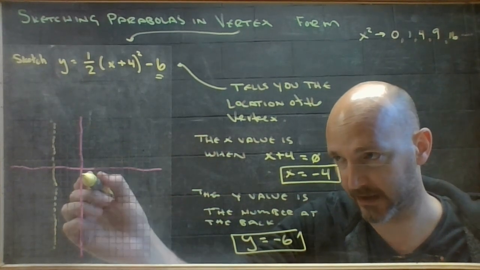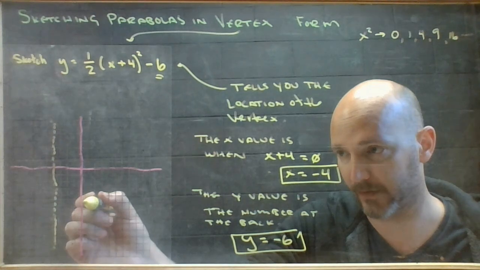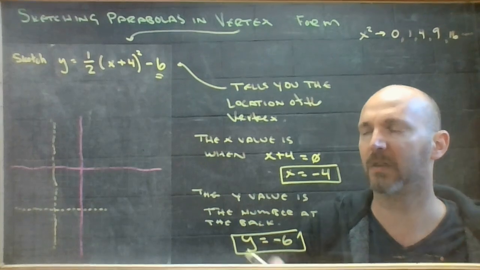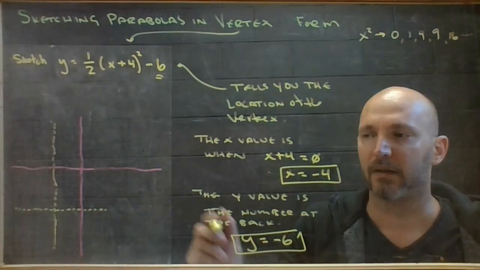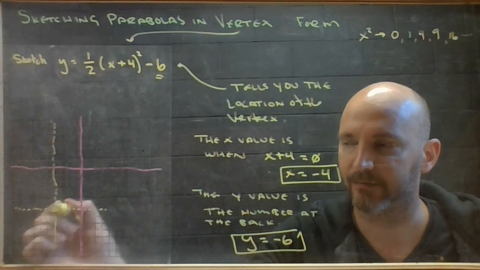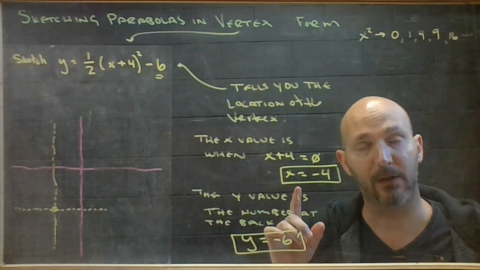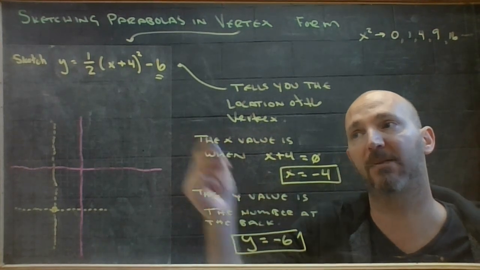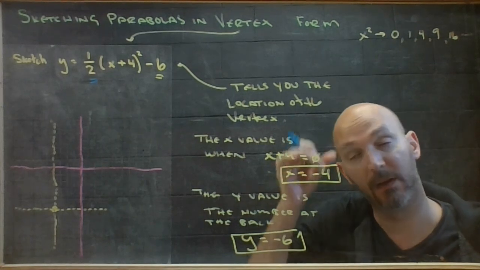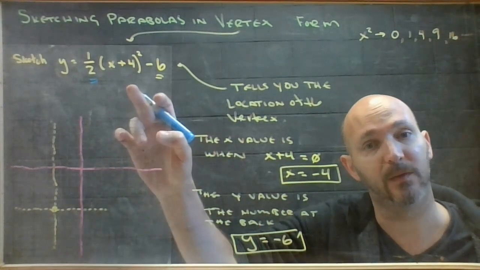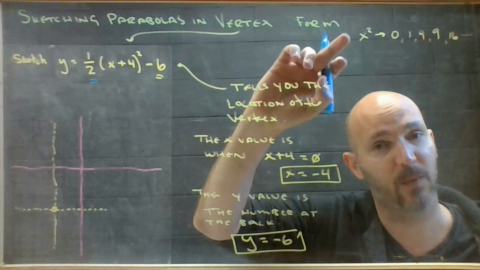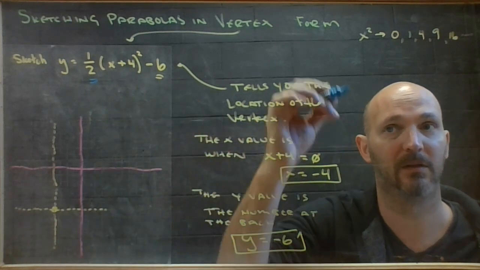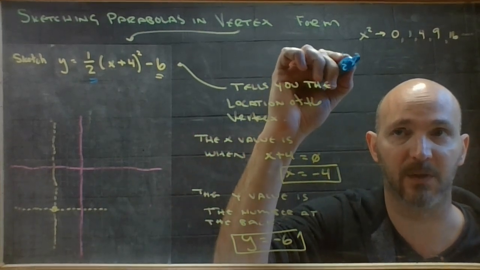So find negative 6. 1, 2, 3, 4, 5, 6. Dash it across. So my vertex is going to be right there. Now, normally, you would be adding an x squared pattern to it. But this one has a number sticking out front. So instead of moving up by the squared patterns, you're going to have to move up by half the square patterns. So half of these numbers would be